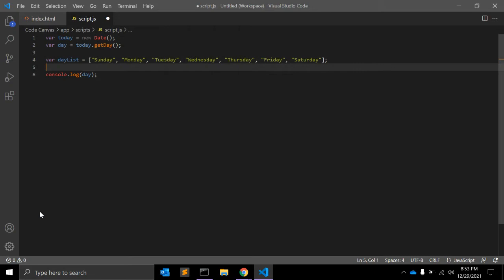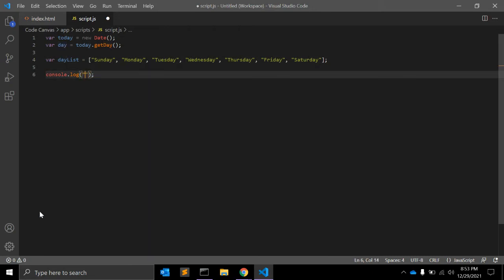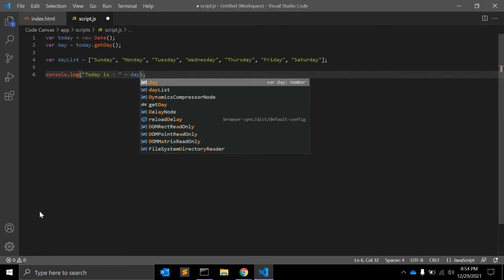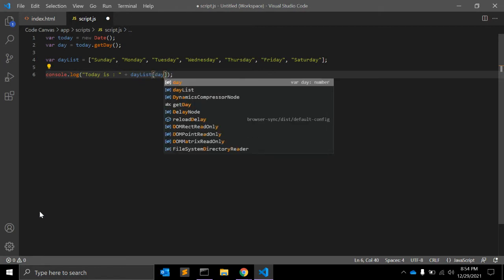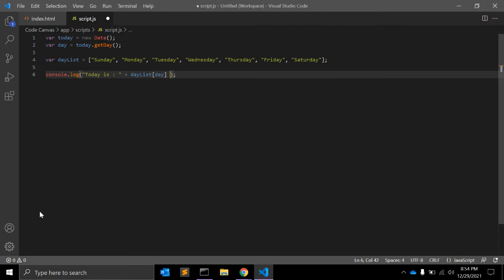So let's say we are looking for today's day, then it will be "Today is : " plus the day list of day, right, and then plus a dot.